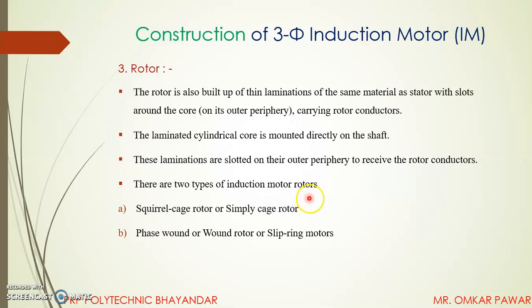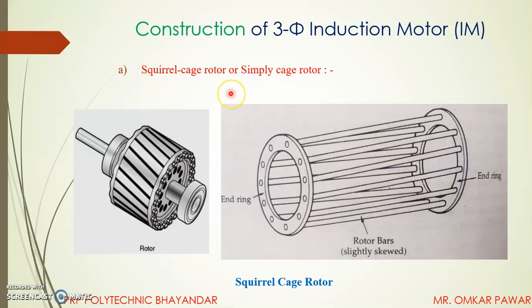There are two types of induction rotors. First one is the squirrel cage rotor, or simply cage rotor. The second one is the phase wound rotor, or wound rotor, or slip ring rotor. This is a squirrel cage rotor. It consists of copper or aluminum bars, and these bars are short circuited at the ends. These are slightly skewed, that is, not parallel to the shaft. Suppose this is the shaft, and these are slightly tilted by some angle in order to create a uniform magnetic field